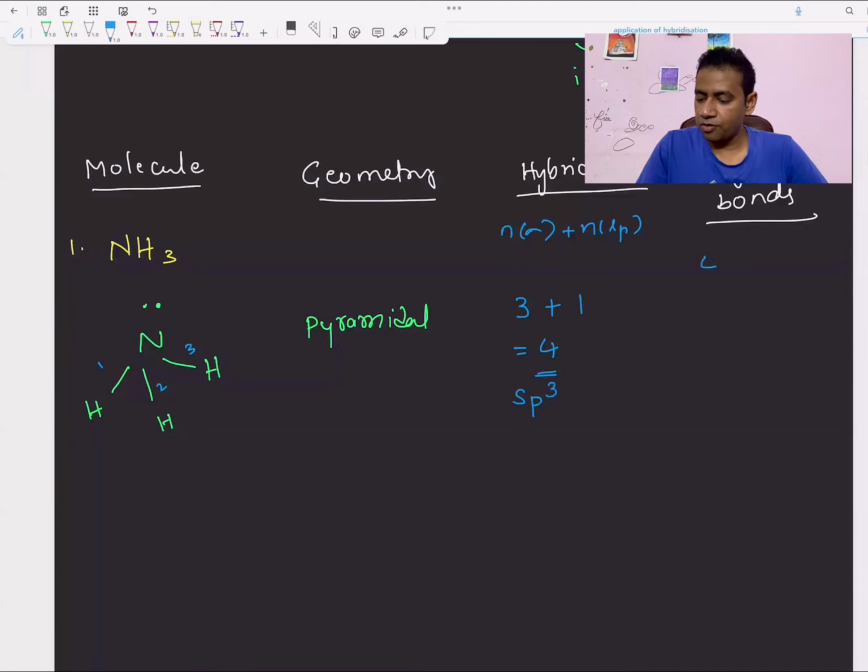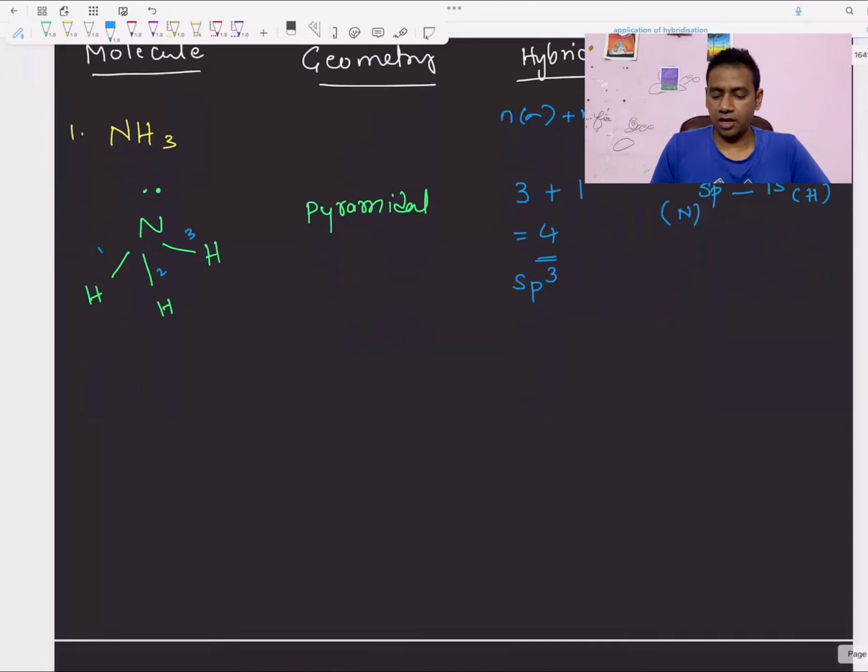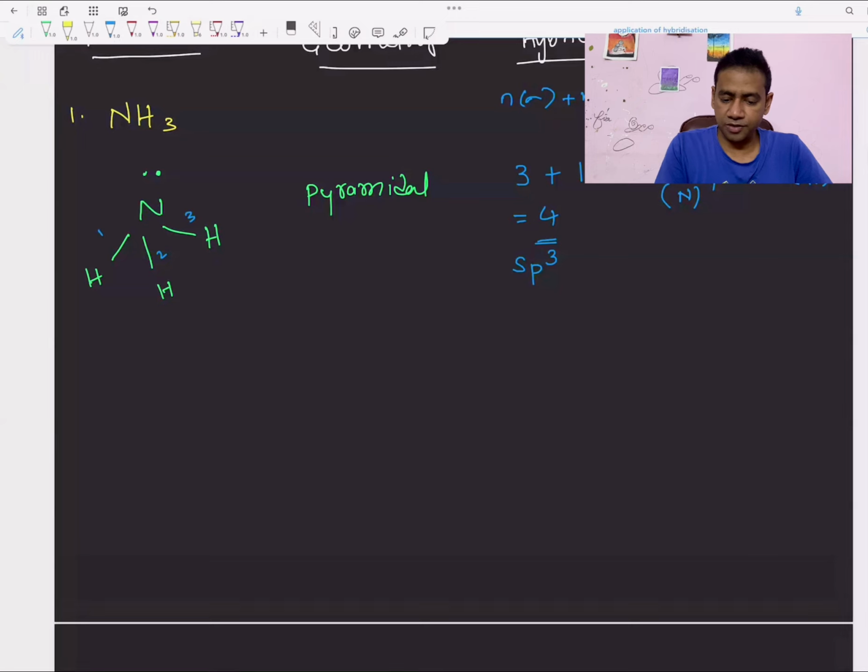Here we have 3 sigma bonds. And all these sigma bonds are formed from the sp3 hybrid orbital of nitrogen overlapping with the 1s orbital of hydrogen. So this is the nitrogen sp3 hybrid orbital overlapping with the 1s orbital of a hydrogen atom. In total we have 3 such sigma bonds. Now let us take the next molecule,